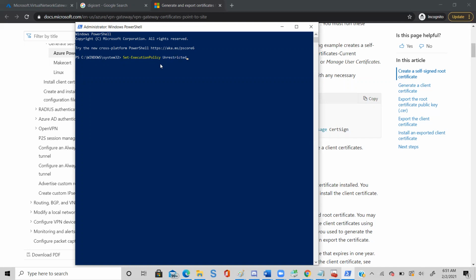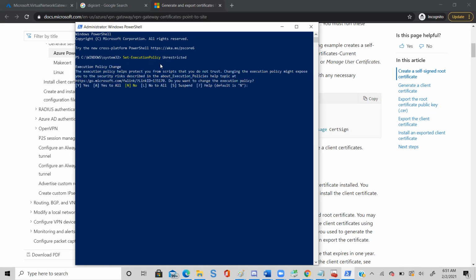I'm giving this command, which is called set execution policy unrestricted. This is a PowerShell command. Just type A and press enter. Now paste the command which you have copied. Enter.